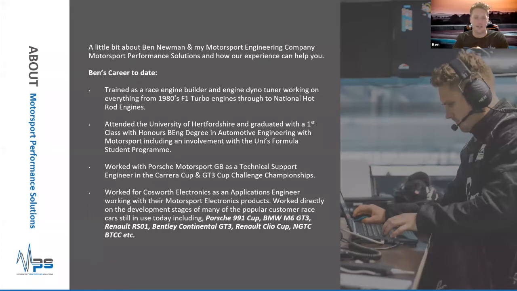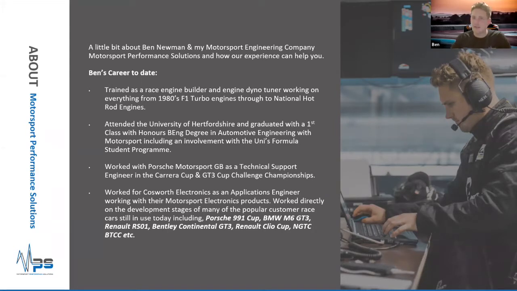I wanted to progress and learn this more, so I decided to go to university and got a motorsport engineering degree. From that, I got offered a job with Porsche GB as technical support engineer, which was a nice mix of mechanical engineering coupled with looking at the log data to try and visualize as many problems as we could. So that was my introduction into data analysis and really got me hooked and forged my career today. I was then fortunate enough after Porsche to be offered a job with Cosworth Electronics,